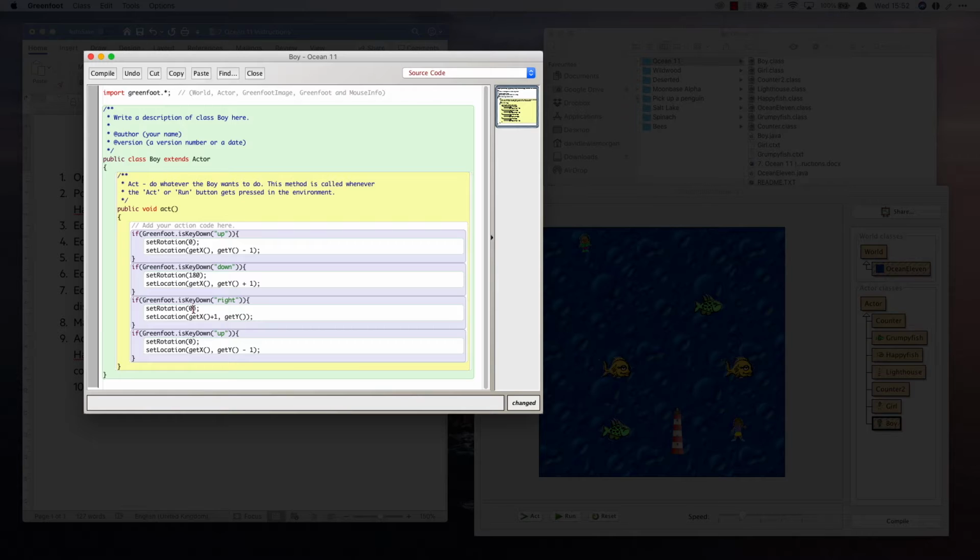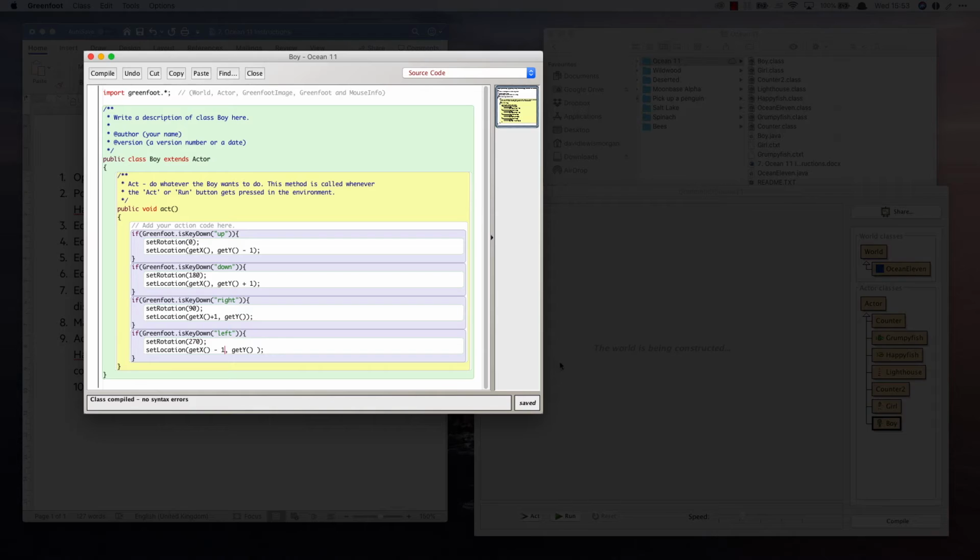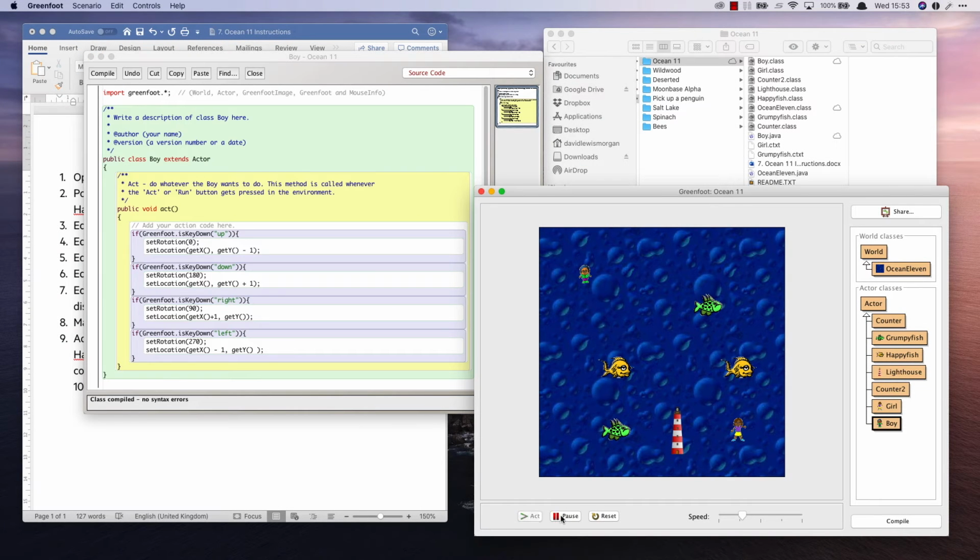And the rotation, if I'm turning right, so I'm turning my boy to point this way, is going to be 90 degrees. Finally, we'll do left. And of course, all that's left is 270 degrees, i.e. pointed left, and we are going to be taking one away from the x-axis. Let's compile that and let's check this works. We'll click run, up, down, left, right, and the boy is pointing in the right direction. Fantastic. So we have completed